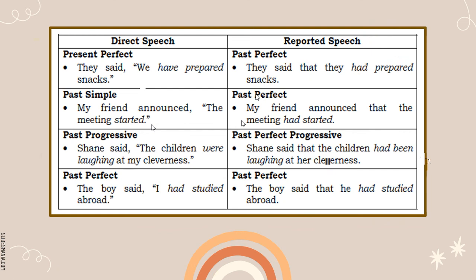For the next one, we have page 25, learning task number 5: change the following direct speech to reported speech. Write your answers on one whole piece of intermediate pad paper. So we have 1 to 5 on the first slide. And then your reflection. Complete the following phrases: number 1, I understand that; number 2, I realize that. Still on your one whole piece of paper.